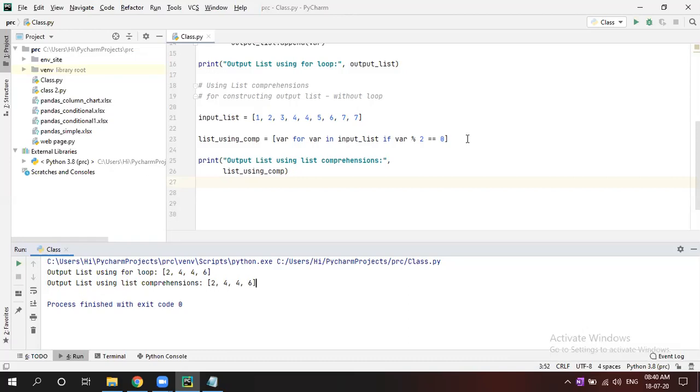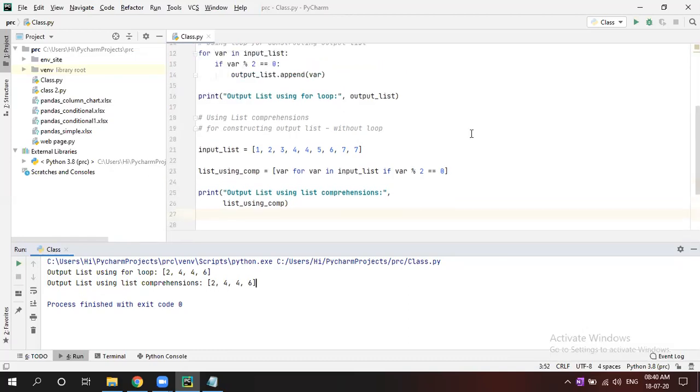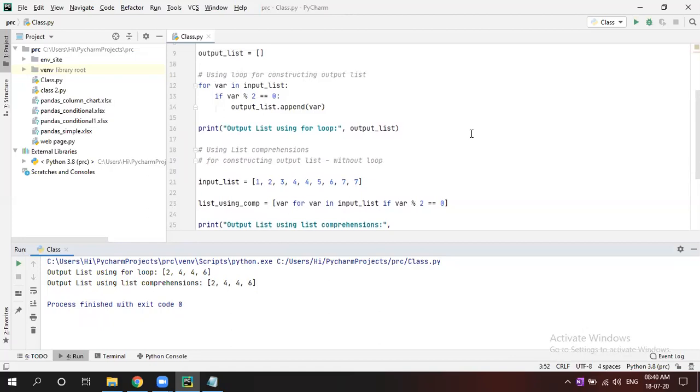That's it. Little bit go up. See, this whole thing, this for loop, we are writing in this way. So for i in input list, if i % 2 equal to 0, then output will be in the beginning. No need to append and all. Just write the output here.